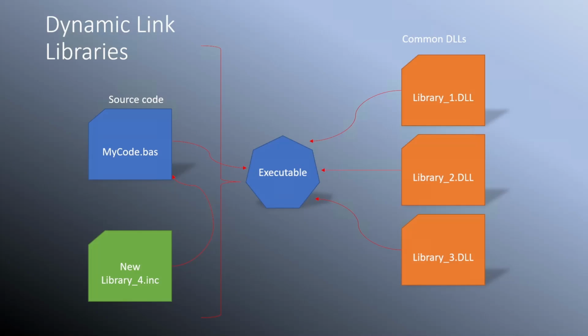The PowerBasic Windows compiler can produce executables, dynamic link libraries, and static link libraries, while the console compiler can produce executables and static linked libraries. While these dynamic link libraries are separate from your executable, they do have the advantage that you can roll out shared code in one DLL. This DLL can be used by many applications.